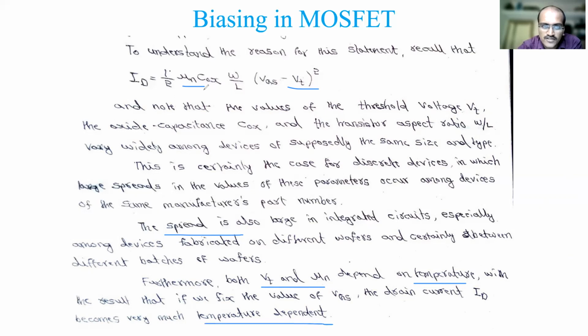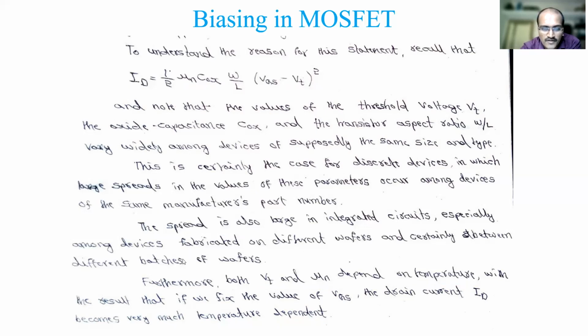The first thing is to establish the drain current. Then the parameters should not vary, so ID should be predictable and stable. Third, the parameters should not vary with temperature. So in all these aspects, this fixing VGS scheme is not a good scheme. That's why it is not considered; it was taken just for discussion.